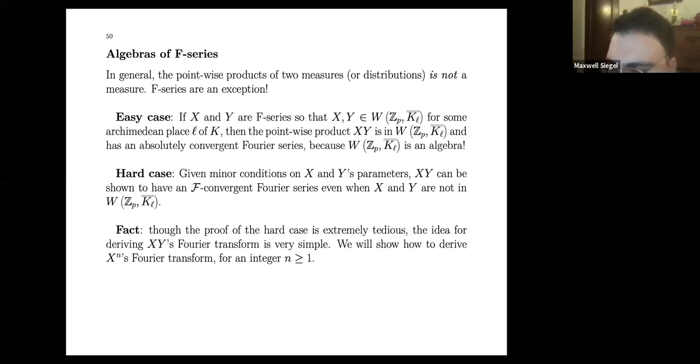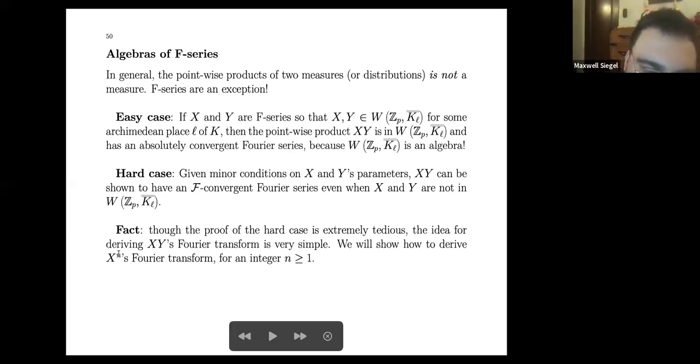The algorithm for doing so is really straightforward, and so this is a very nice algorithm for computing the Fourier transform of either the product of two F-series or the powers of a given F-series. I'm going to show the latter case. We're going to show you how to derive the Fourier transform for the powers of x, provided that we avoid